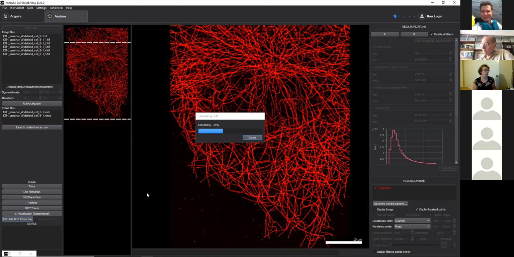So we have a built-in feature which calculates the drift throughout the acquisition, and then you can apply that after the acquisition. And as that's processing, we have a feature as well, a focus camera, which basically does the same thing in the Z direction. So that basically keeps the correct Z plane so that you're not drifting up or down as the image is